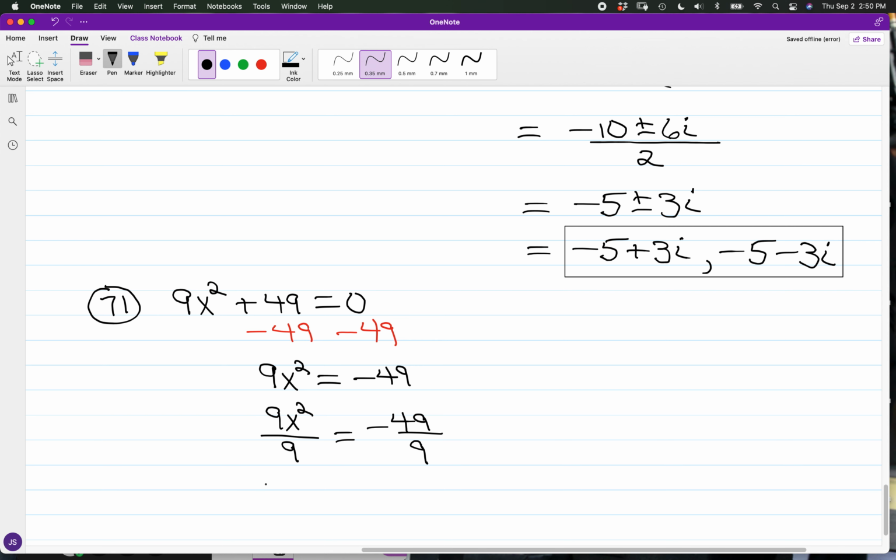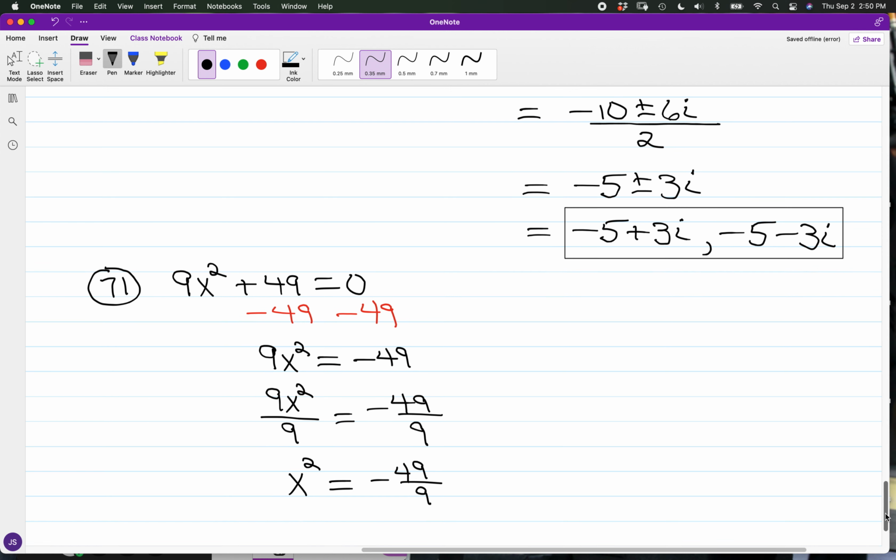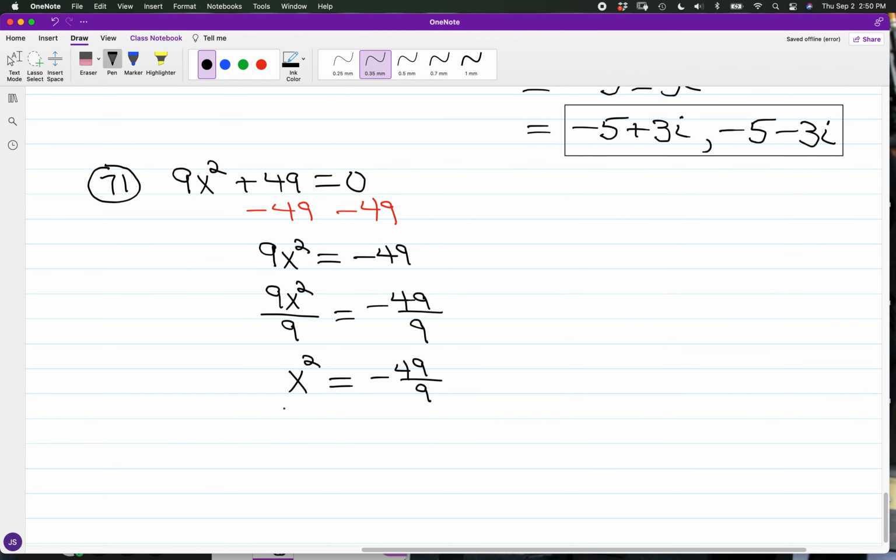Okay, so I have 9x squared over 9. So this will be x squared. So x squared is equal to negative 49 ninths. And we have the square root property. Okay, so if I go from x squared to x, x is going to be equal to plus or minus